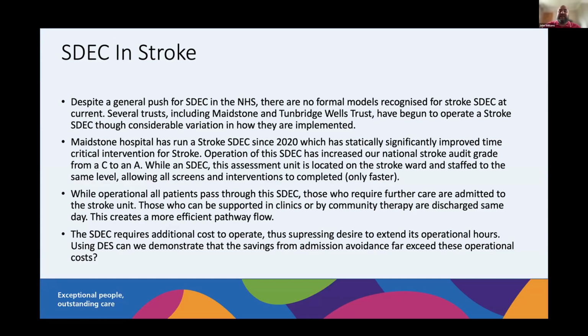And while this is an SDEC, it is located on the stroke unit and is staffed at the same level as the stroke unit. So you do not miss out on anything by coming through this SDEC. You receive all the same care you would have done by being admitted to the stroke unit in a traditional sense. So the idea behind this is that while it is operational, all patients will pass through the SDEC, and